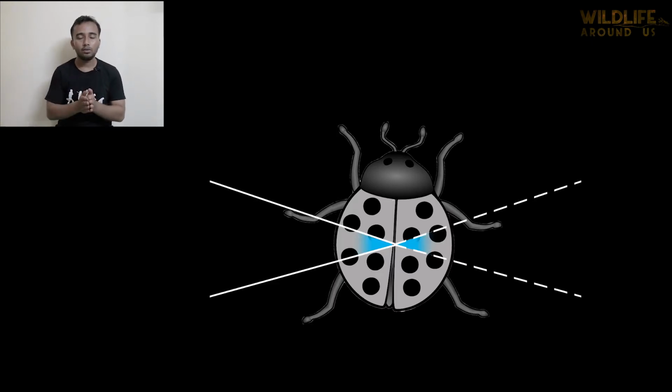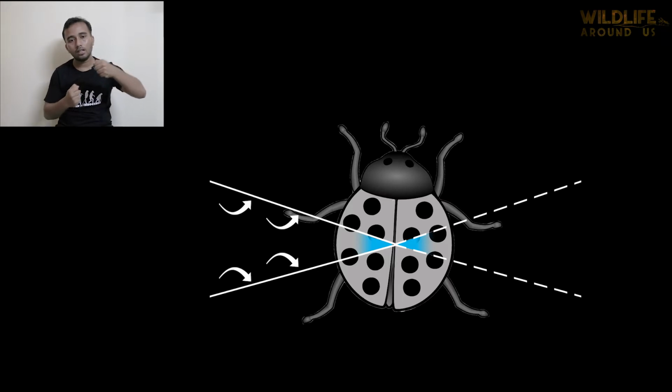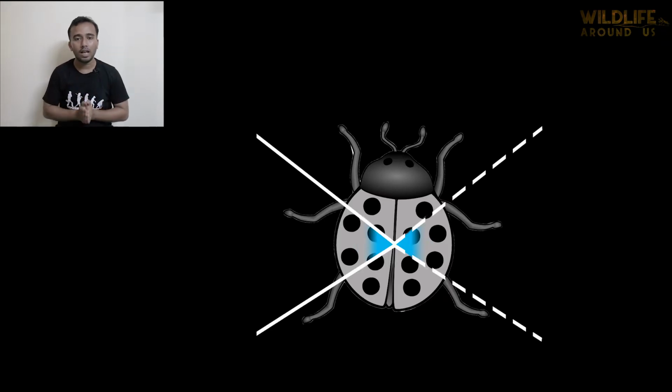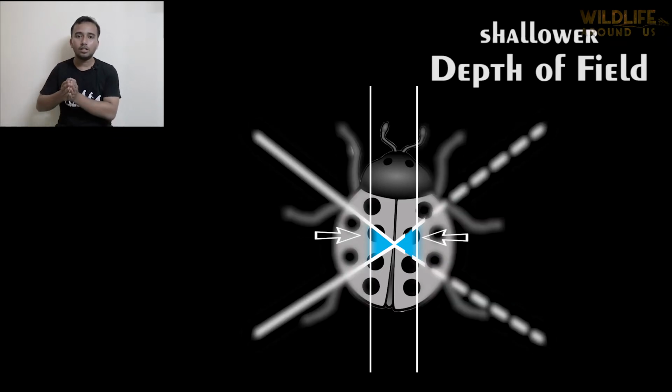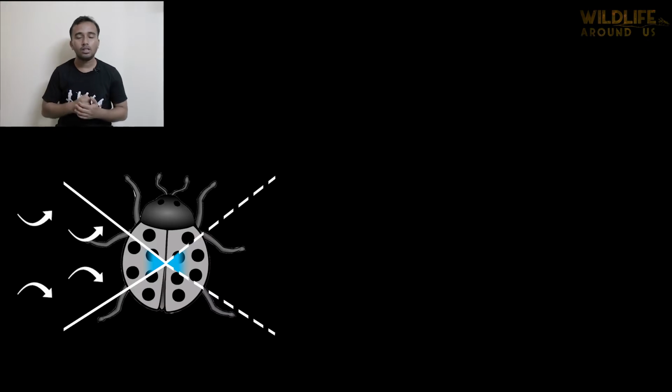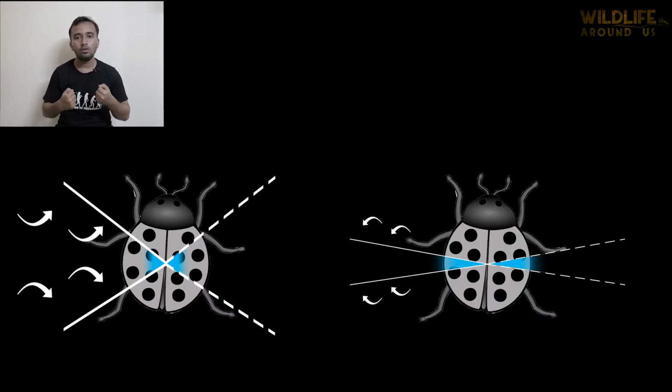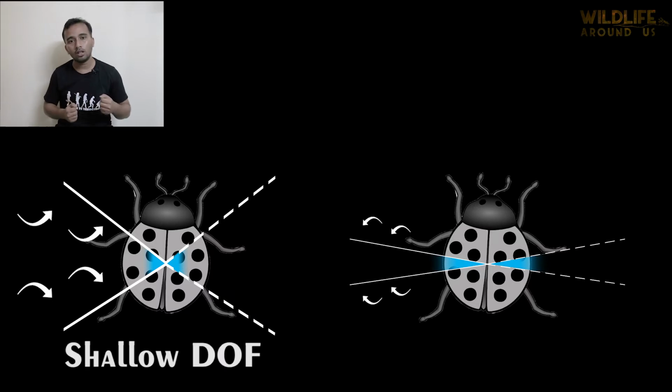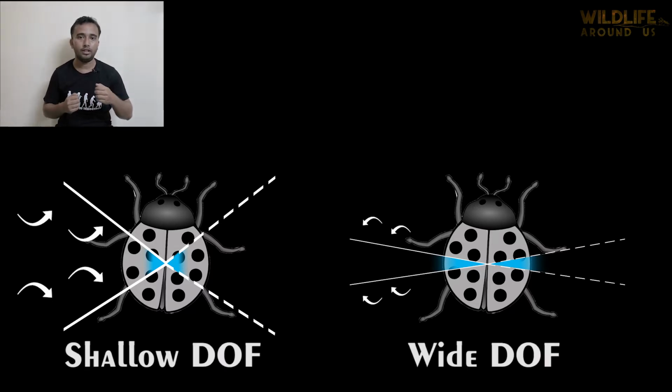Then again we come back to the normal standard position and pull the two lines in the opposite direction. What will happen? The area between the two lines will get squeezed in. Now we get a shallower depth of field. Now it's time to learn how to control this squeezing out or squeezing in of the area in focus, or in other words, how to control a shallower depth of field and a deeper depth of field.